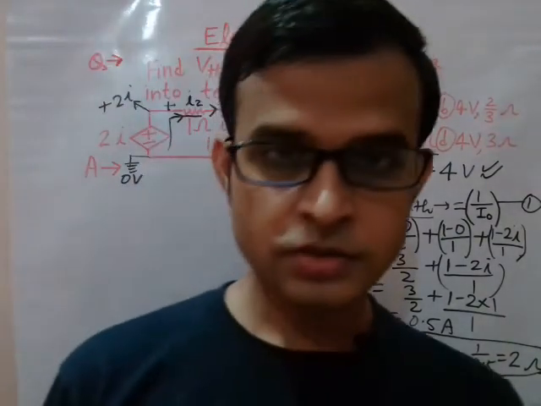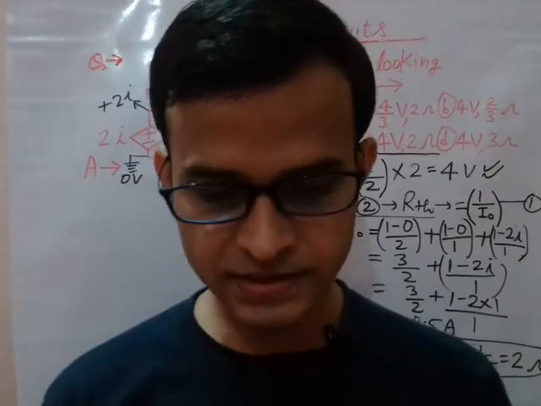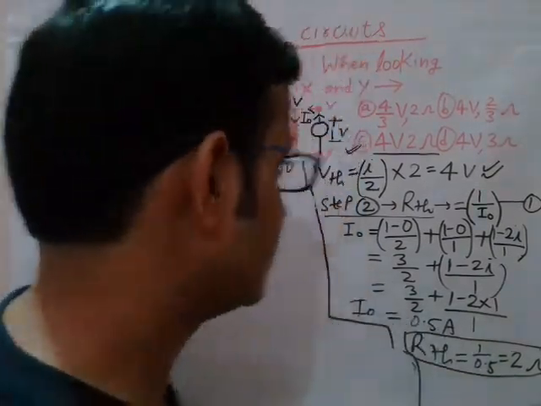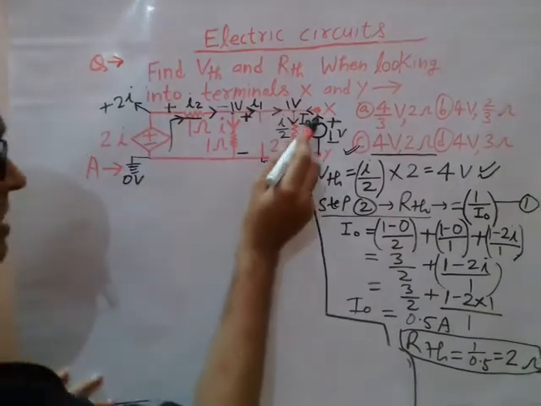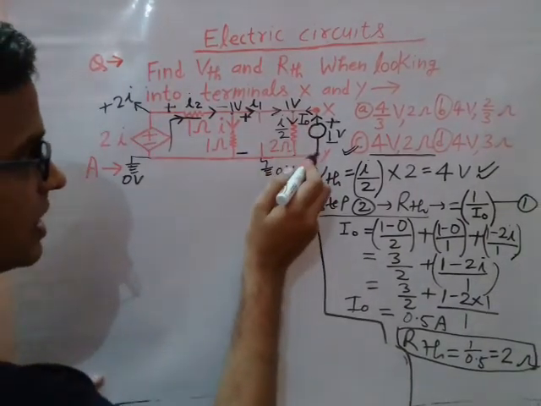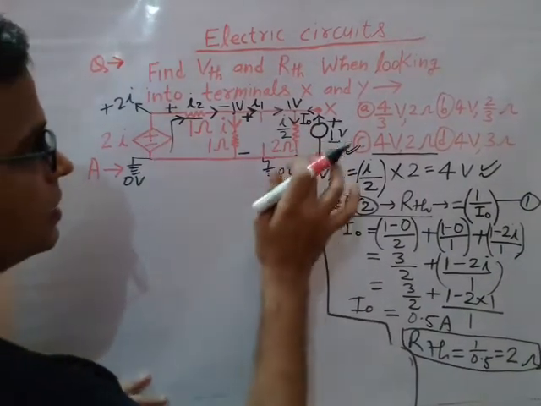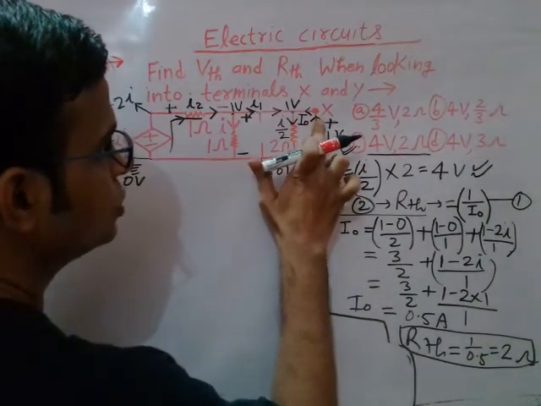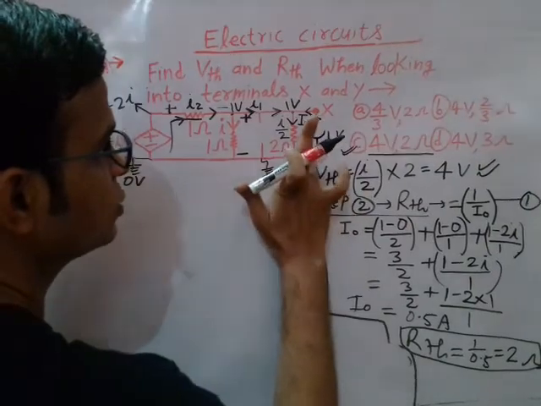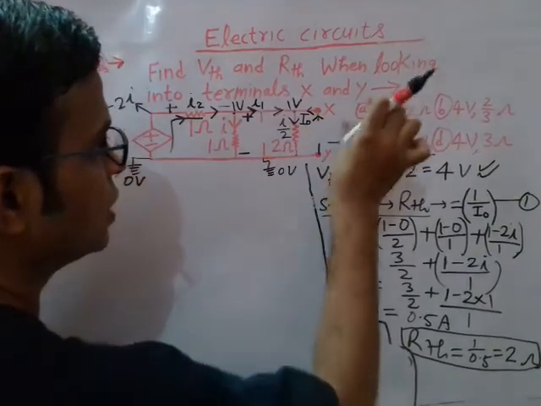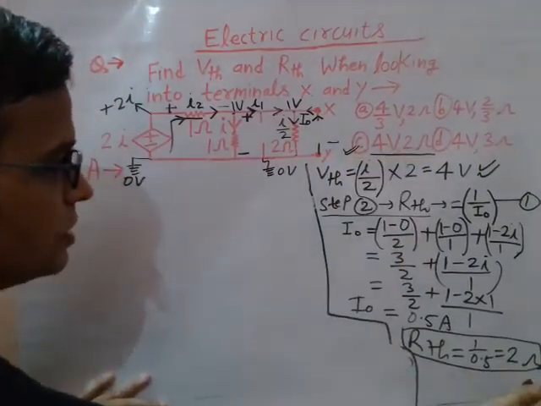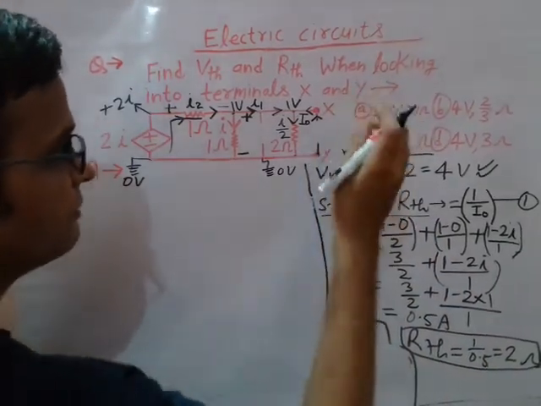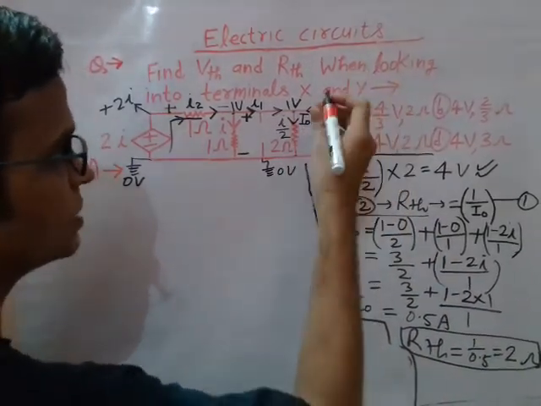So you can also calculate this Thevenin's resistance in case of dependent sources by choosing a 1 ampere current source at the desired terminals, right? So I am verifying the answer. See here, if I choose the 1 ampere test current source, question is over now. Here VTH and RTH have been calculated. Now I am explaining that if I choose 1 ampere test current source, then what would happen.